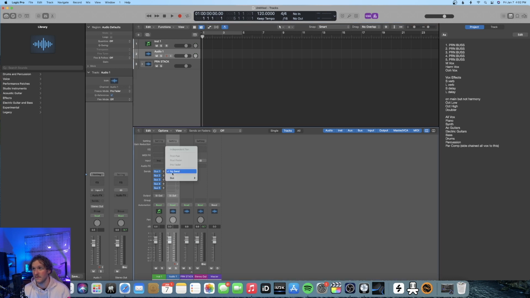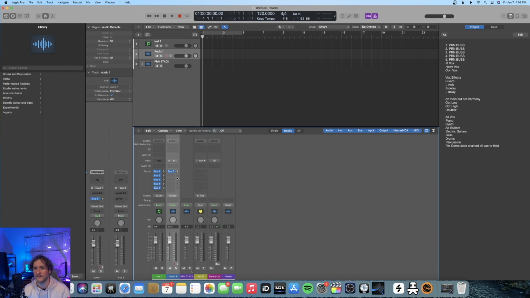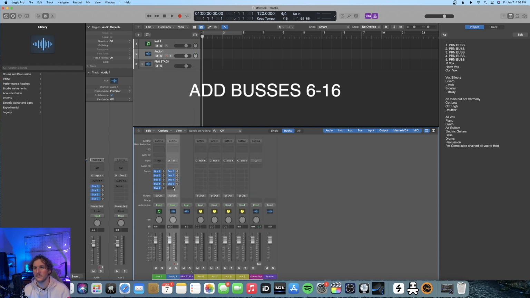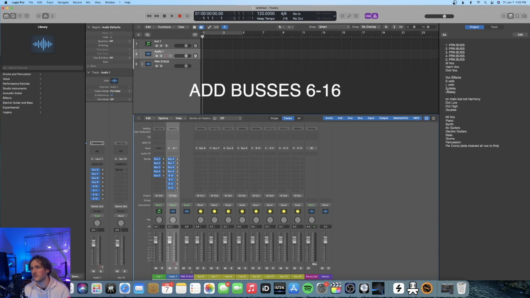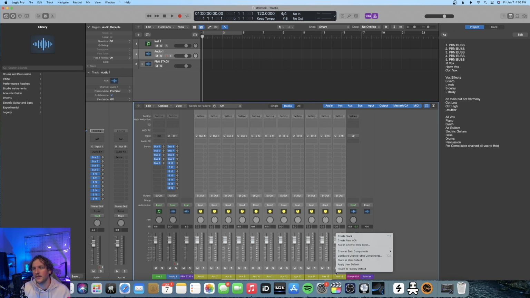We're going to go ahead and select buses 6, Alright, so now we have all of our auxiliary tracks created, all of our buses for anything that is specifically vocal related. What I'm going to go ahead and do, just like the others, select all of these, change the